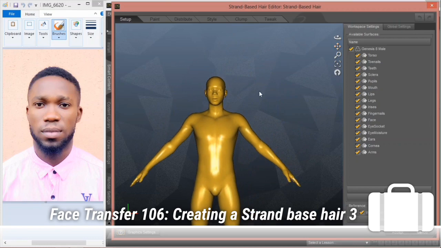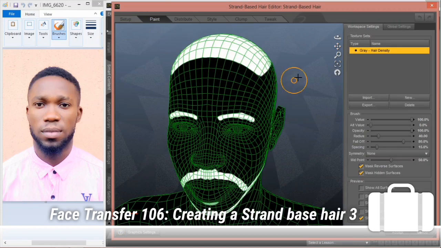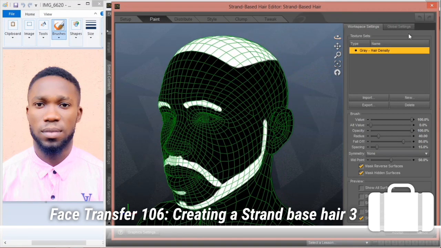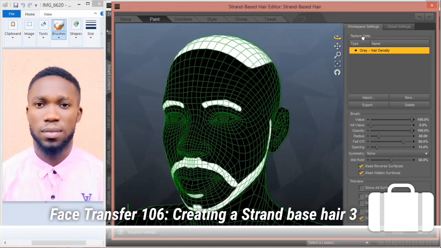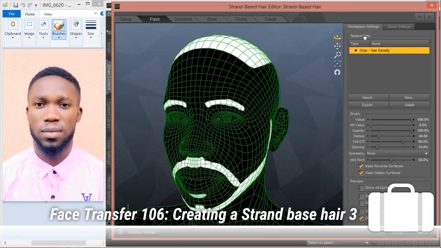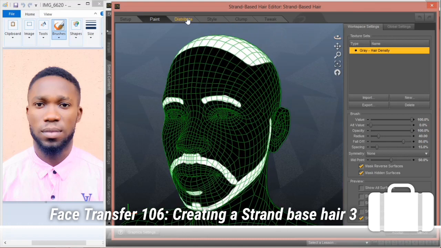Based on what we have previously, select on paint. Now at this point we want to apply the hair to this side. So at this point you need to be very careful while you're applying this hair here. So let's reduce this to the minimum radius, select this to U,